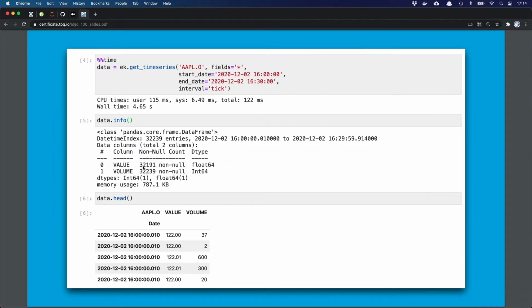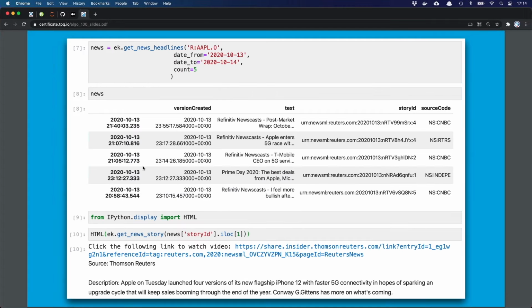So Apple went public 40 years ago. So you have roughly 10,000 end of day data points, and here you have like 30,000 for half an hour, right? This is data-driven finance as compared to where most of the financial theory and econometric approaches have been based on. But not only that, there's also the news, right?